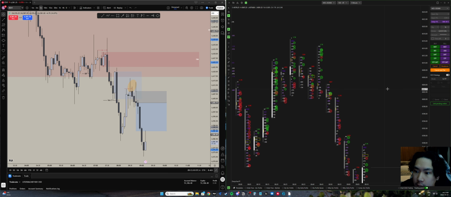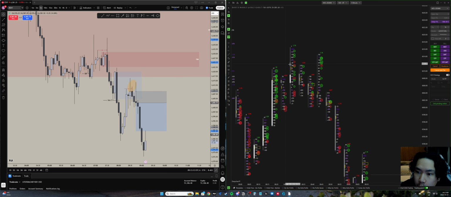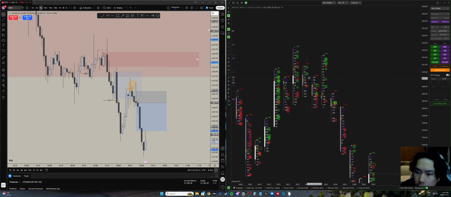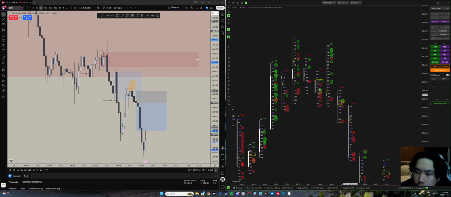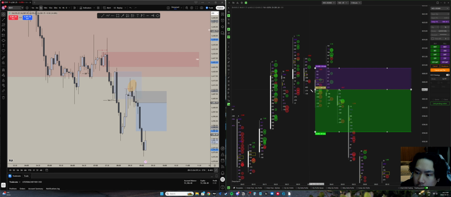Now, first thing I saw was huge amounts of positive deltas being absorbed up here, and then we see initiation from these sellers right here. So absorption, where I got in originally was right over here somewhere. I think like retesting these big trades right here. So I think I got in like somewhere around here. I think I did around 20 ticks,